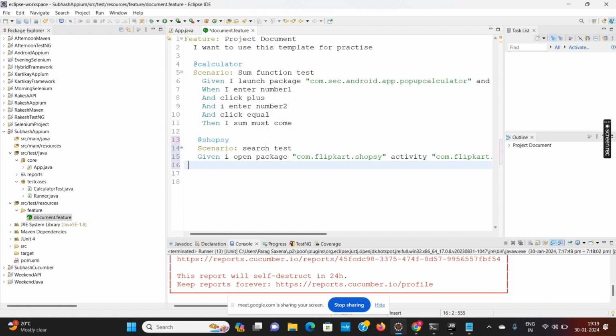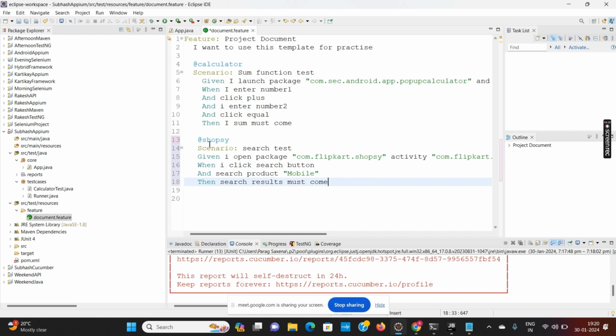Given condition. Then when I click search button, when I click on search button and search product, say mobile, then search results must come.